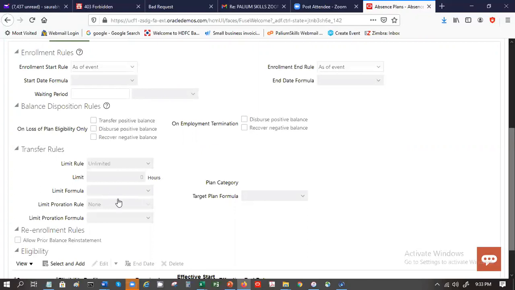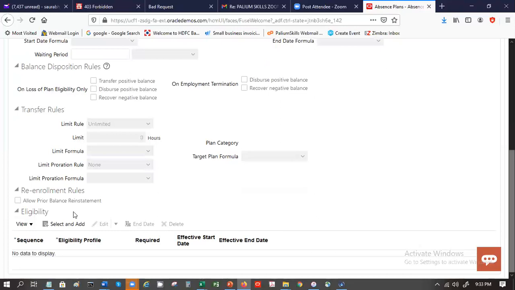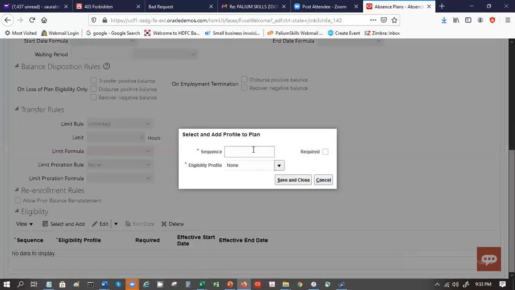Transfer rules from one year to another year. Enrollment rules, and this is the eligibility. Remember we were talking about the eligibility, who are the people who are eligible and things like that. So you will see that eligibility profile over here.